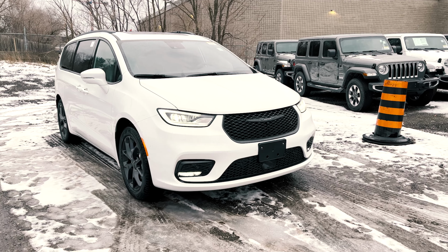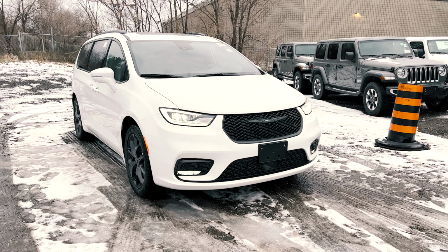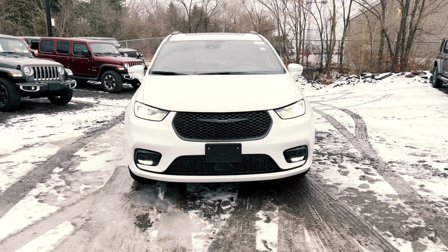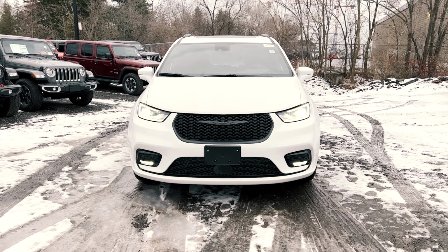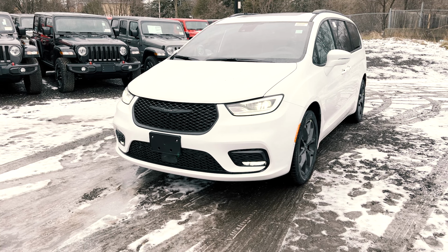Coming to the front of the Pacifica Limited, for a minivan, you can see, because this has the S Appearance package, how aggressive this minivan looks. And if you never really looked into the Chrysler Pacifica, 2021 and onwards is the refreshed styling. Near the bottom, you've got your sensor for all of the safety features that I mentioned. You've also got your front sensors built in, and standard with the Limited, you are going to get your beautiful